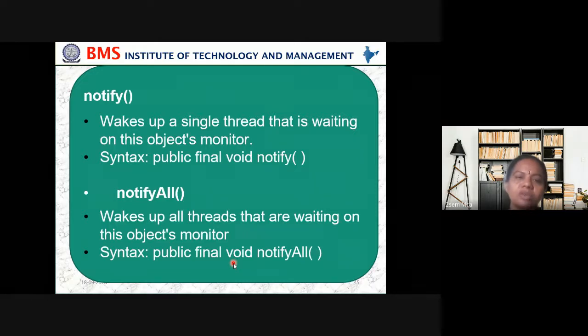Notify all wakes up all threads that are waiting on this object's monitor. Syntax: public final void notifyAll.